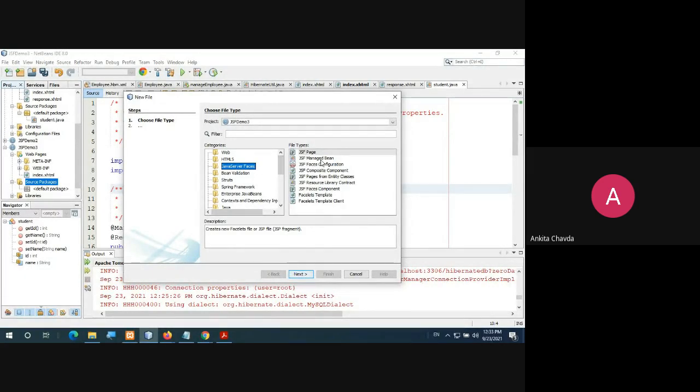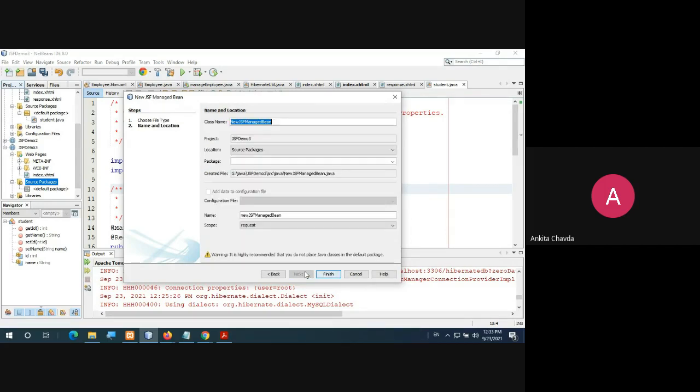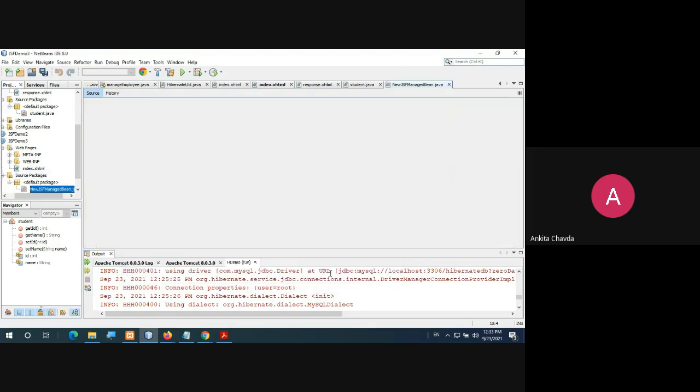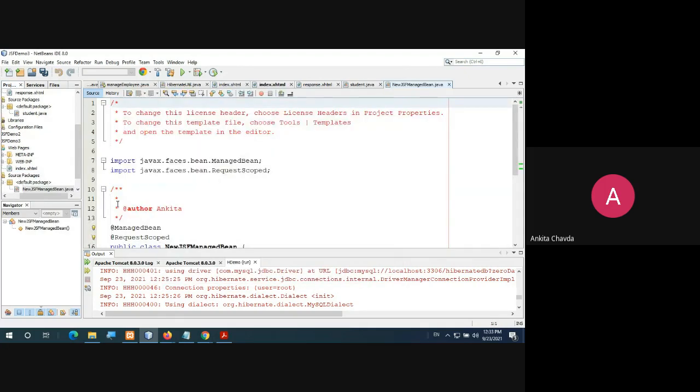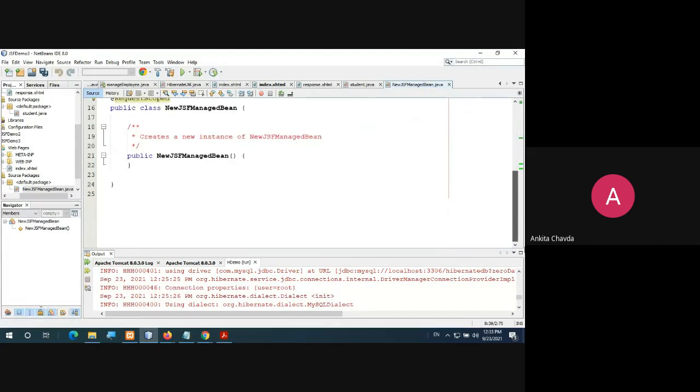And you have the second file, JSF Managed Bean. Select that, go to next, whatever name you want to give, just finish it. Here you have seen @ManagedBean and @RequestScoped, and it will automatically import those files.